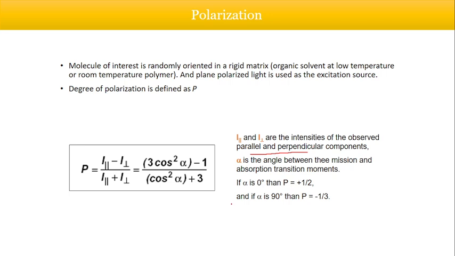Also, alpha is the angle between the emission and the absorption transition moments. If the alpha value is known, polarization can also be expressed as P equals 3 cos square alpha minus 1 divided by cos square alpha plus 3. From this also we can calculate our degree of polarization, or the P value. Now, if your alpha is 0 degrees, then P equals plus half, whereas if alpha is 90 degrees, then P equals minus 1 by